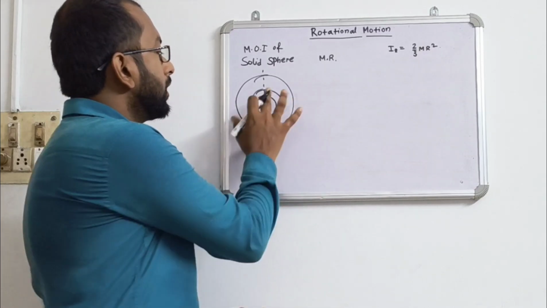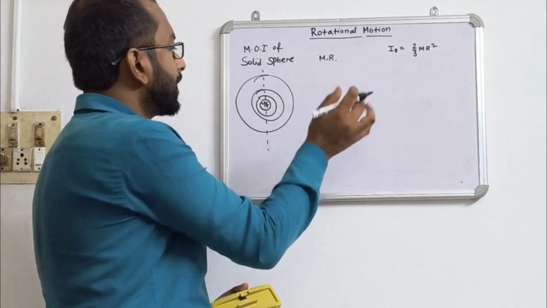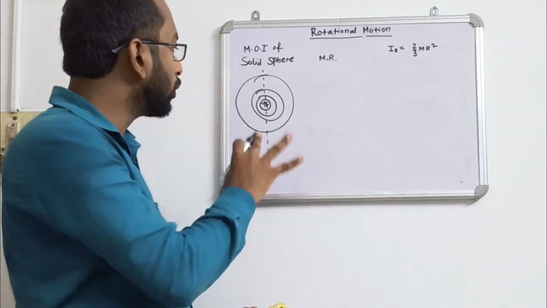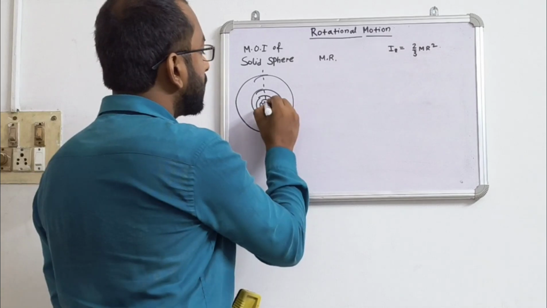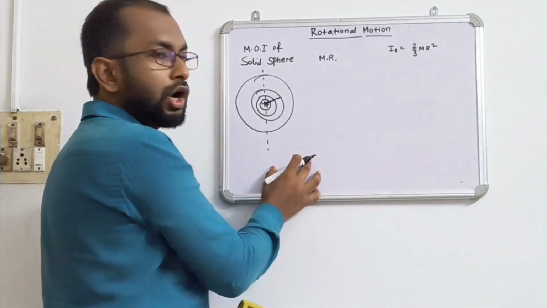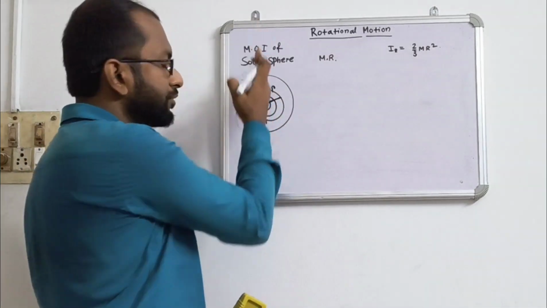Now see, we will consider one general hollow sphere which is at radius r. As I told, one solid sphere is constituted of many small hollow spheres of varying radius, and those are concentric. We will first find out what will be the mass of a general hollow sphere which is located at small r distance from the axis of rotation,